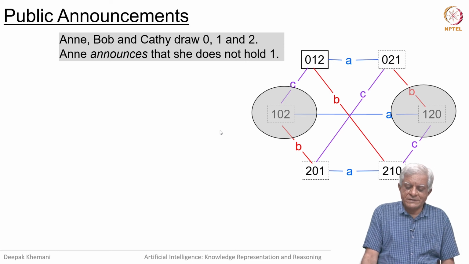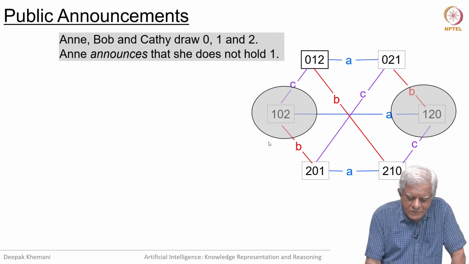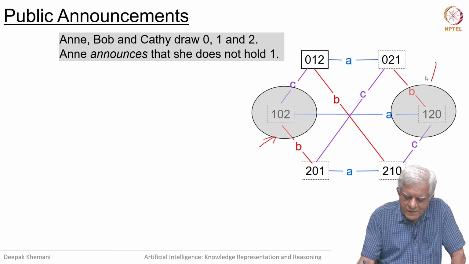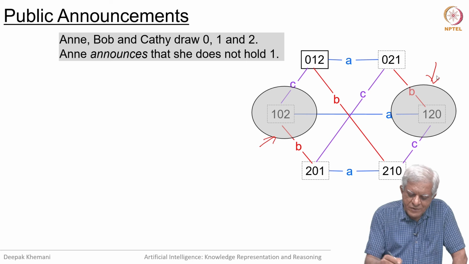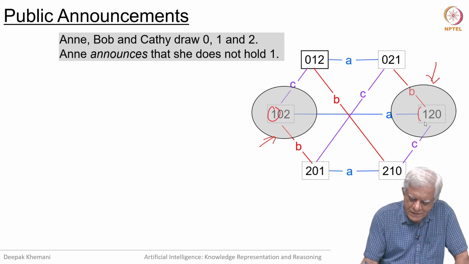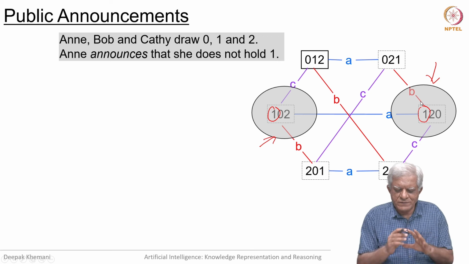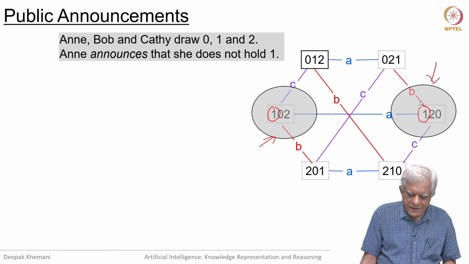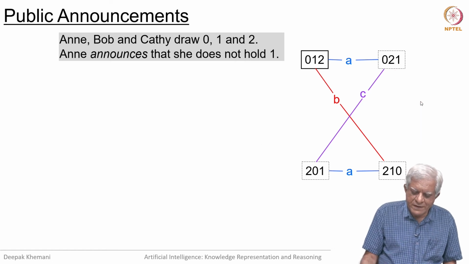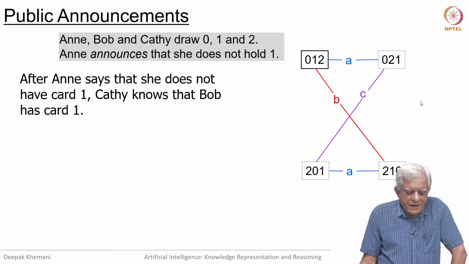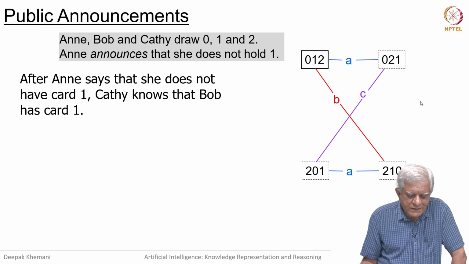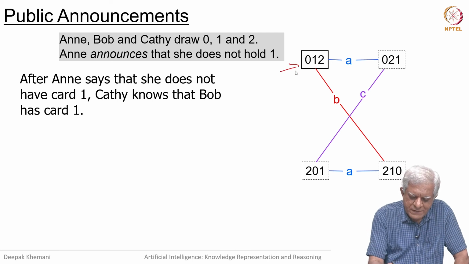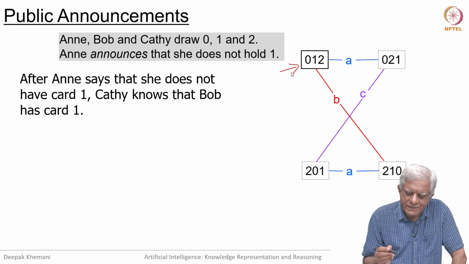So, what happens as a result of this announcement, that these 2 possible worlds vanish, because in these worlds she is holding 1 and she has said that she is not holding 1. So, these worlds are not possible anymore. So, out of the 6 worlds, 2 worlds will vanish and we would be left with the remaining 4 worlds. And what can be said in these 4 worlds? After Annie says that she does not hold card 1, Kathy knows that Bob has card 1. So, this is a real world, right, and in that real world